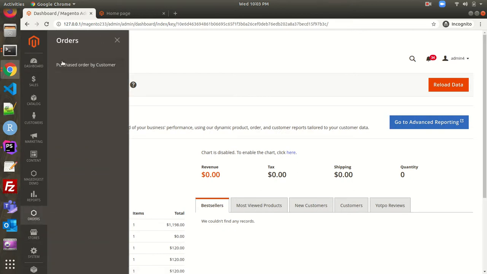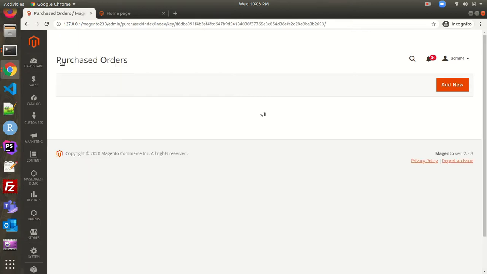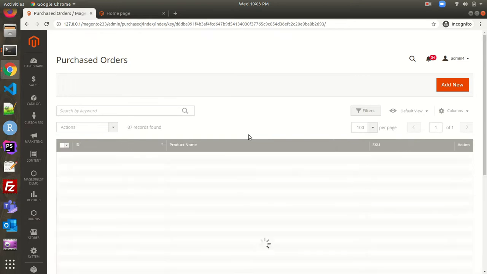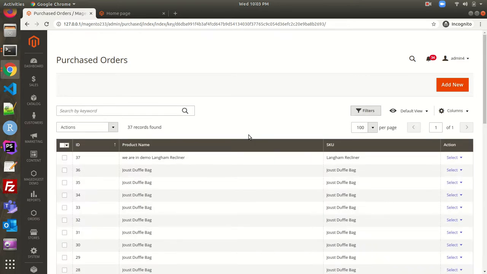Just hold on. Yeah, so this is the page where it will be landing, and this is the grid that I have created. You can see it consists of the ID, the product name, and the SKU. So this is basically the grid, and this is how it will look in Magento's admin.